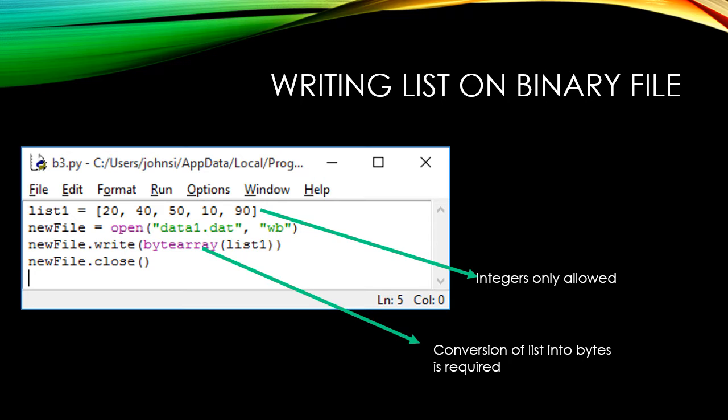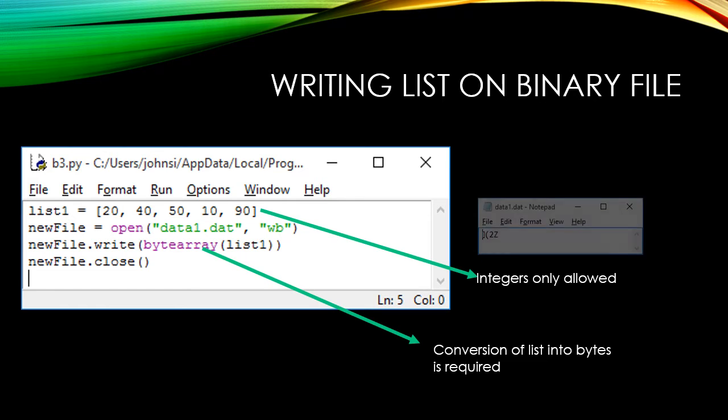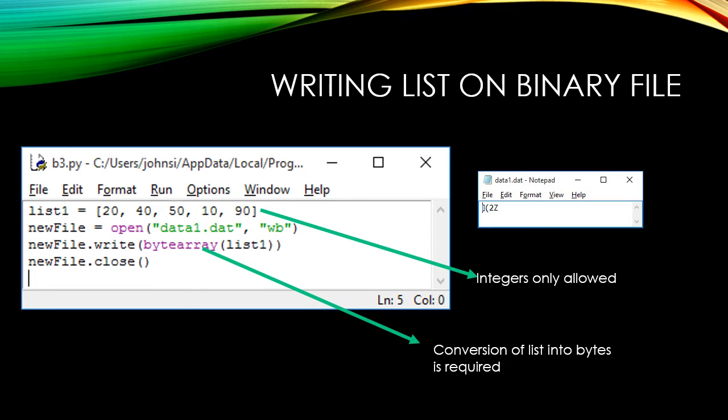So in the list we can't give multiple types of values, no strings, no floats, only integers alone. Using bytearray, it will be stored like that, so we can't read it in this format.